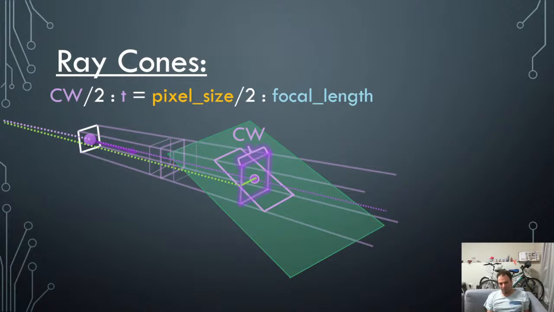This covers an approximation for how to do that. Say this pixel is 1 by 1. CW is cone width, and we have a T value for the ray. And if we look at this triangle here in dotted lines with the green and the purple,